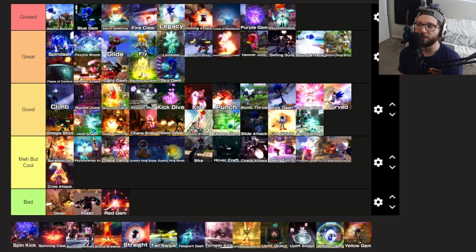The reason it's not goated is because the blue gem is just so much better for Sonic, and that's one of the 2 characters that can use the Spindash. And we use the blue gem 99% of the time when we want to go fast with Sonic, only using the Spindash when we absolutely have to. The Spindash is in the great tier because it is the fastest way to move on the ground with Shadow. And if the blue gem didn't exist, maybe it'd be goated, but the blue gem is just so much better